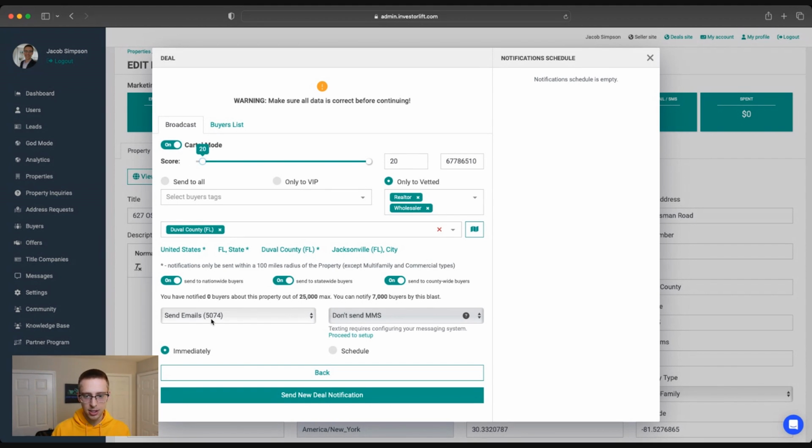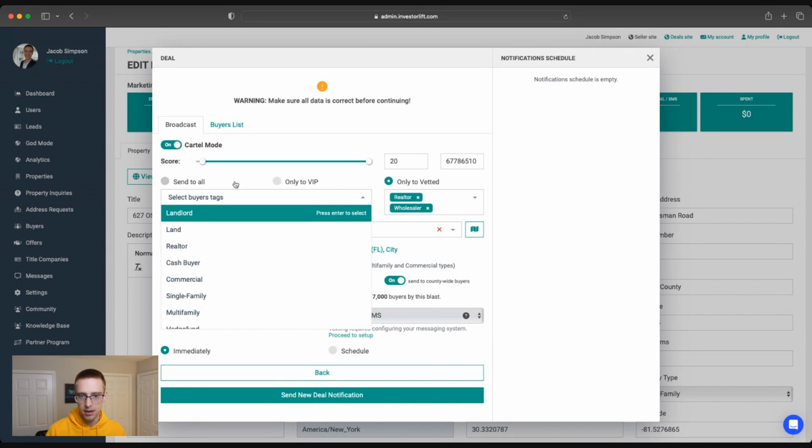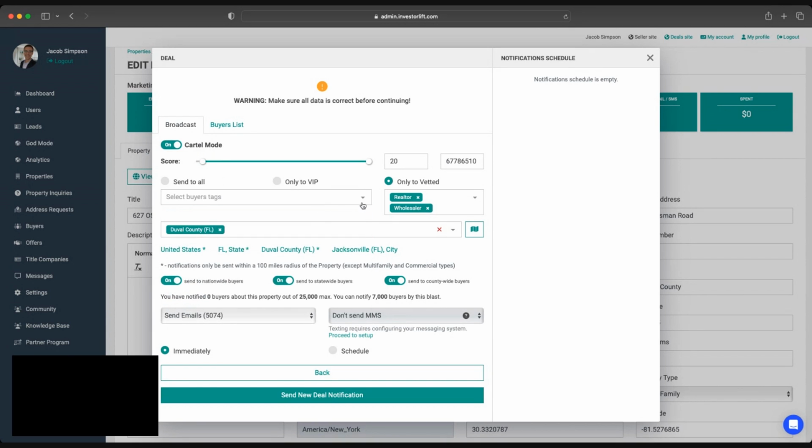So the ideal situation is you're trying to get it down to like 2 emails left or 3 emails left. And just know that you can't resend it to the same person. Again, if you have to narrow it down and it's just too big, you can also throw in these tags as well. And then once you hit send, it will shoot out an email and it will, whoops, my camera